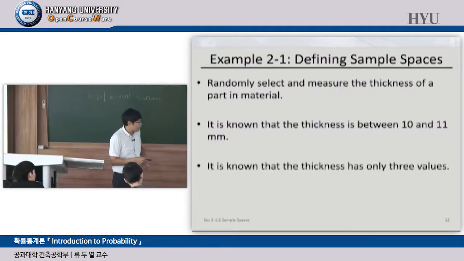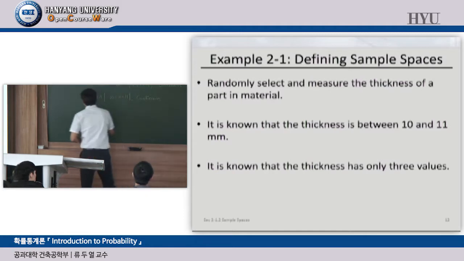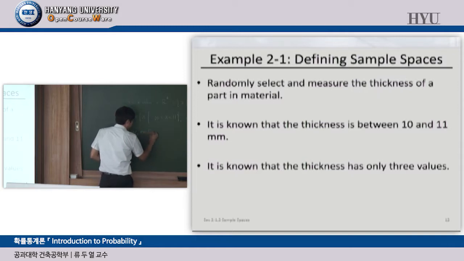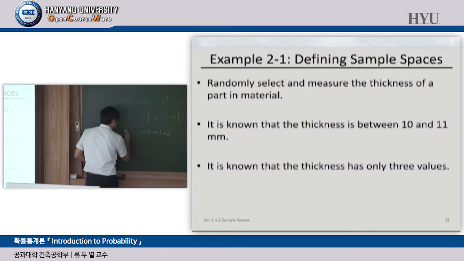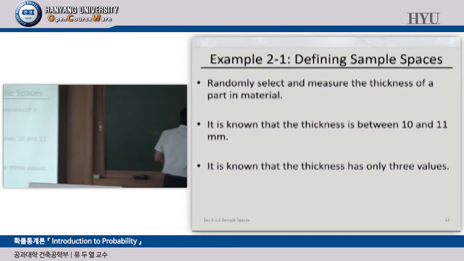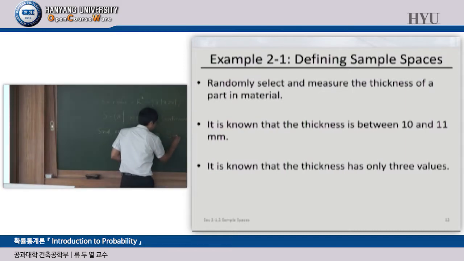And this is the third example. It is known that the thickness has only 3 values. For example, low thickness or medium thickness or large thickness. We can have the sample space as follows. The sample space will be